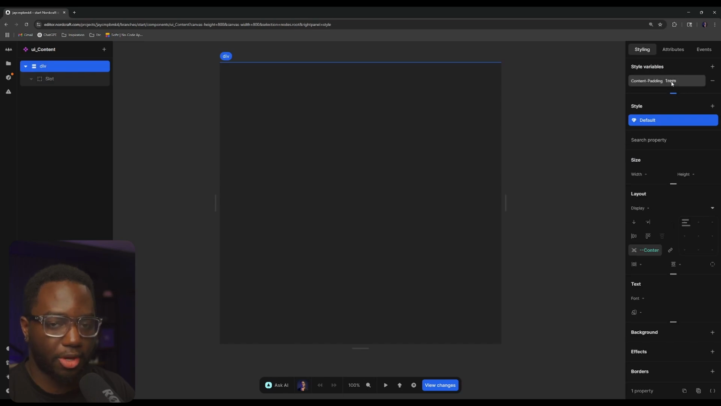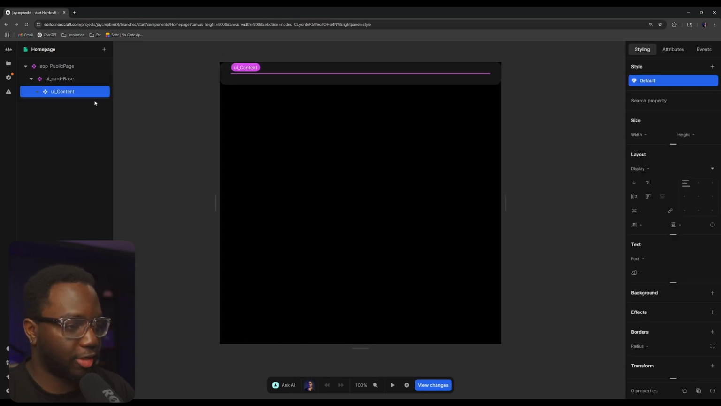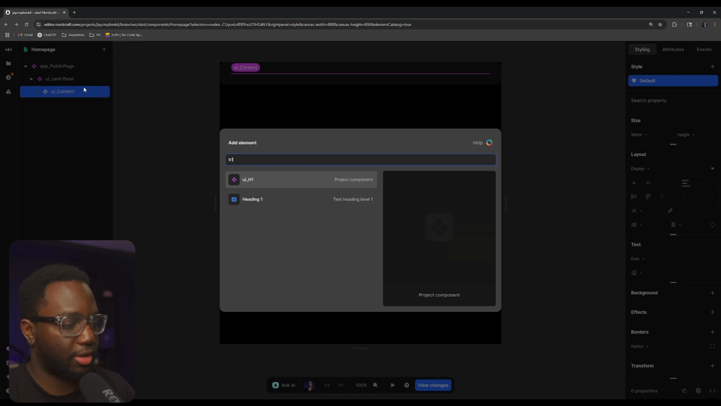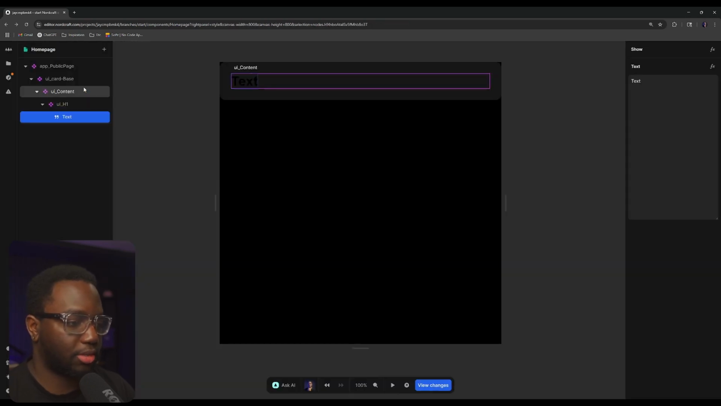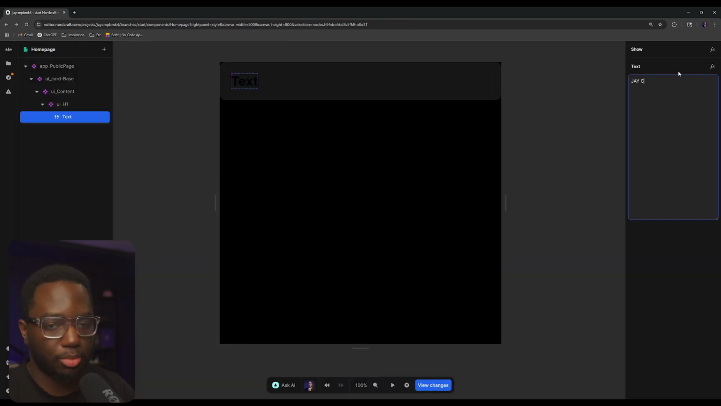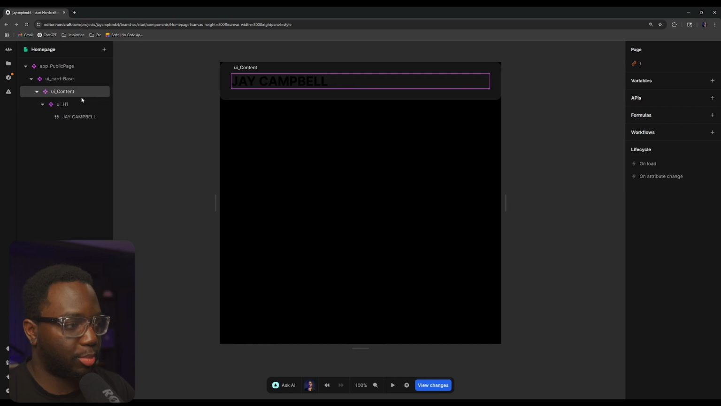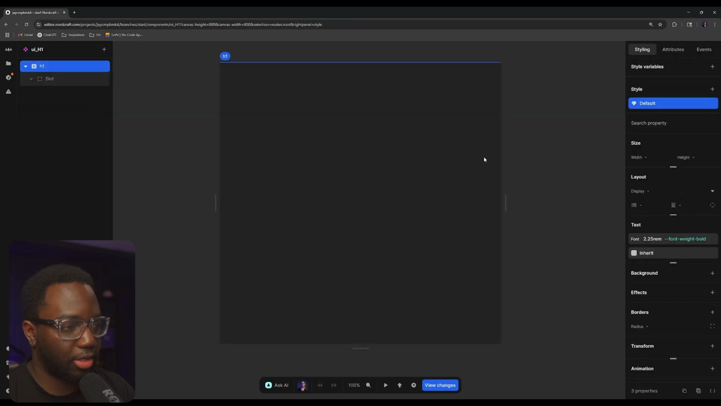Yeah, space out the content to 1 rem in a flex box. So we have an H1 with a text of J Campbell in all capital. And now that I know that my H1s are all going to be in all caps, all I'm going to do here is